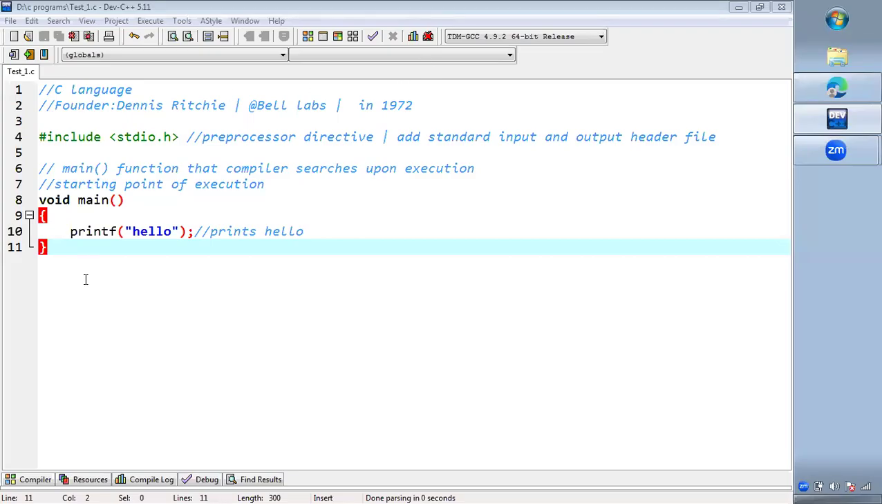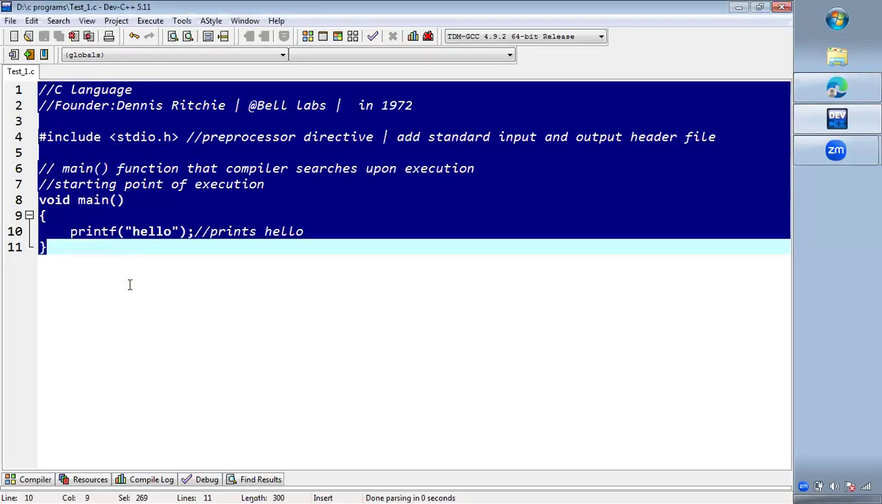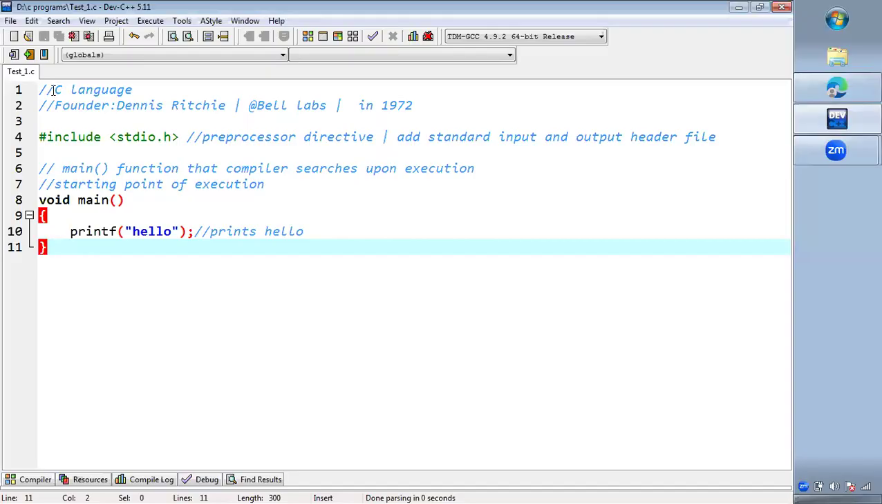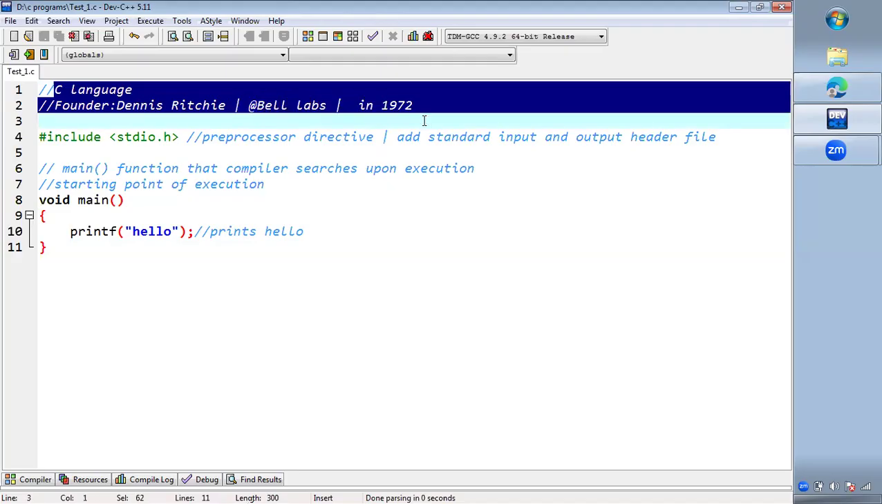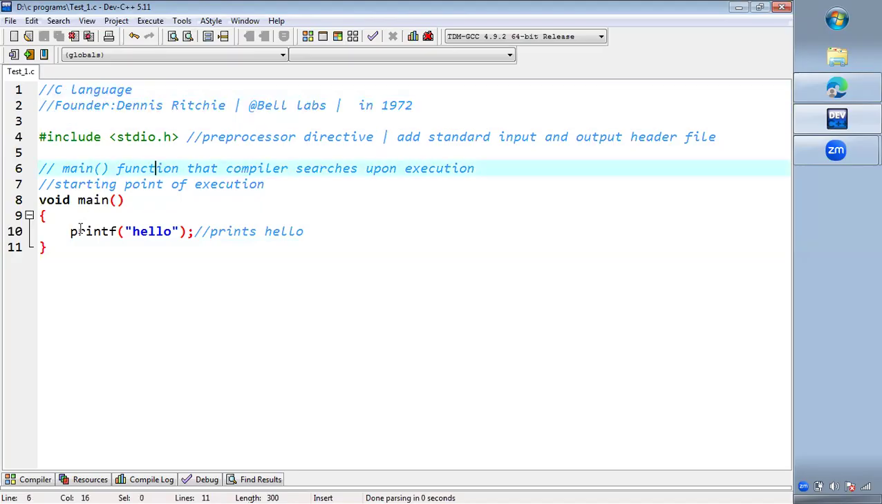So in the previous video, we have seen a basic C program, which you can see on the screen. We have seen the basics of C, like who developed C and in which year it was developed. The founder of C is Dennis Ritchie, and he developed the C language at Bell Labs in 1972. So in this program, we have just printed hello, and there is only a single statement present within